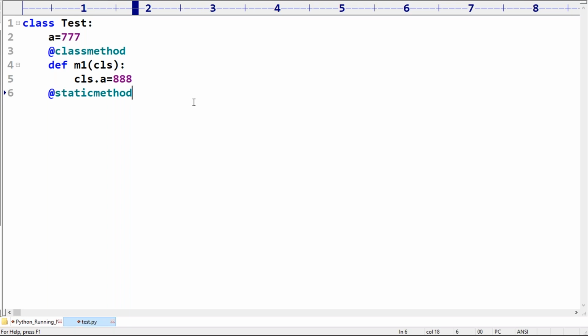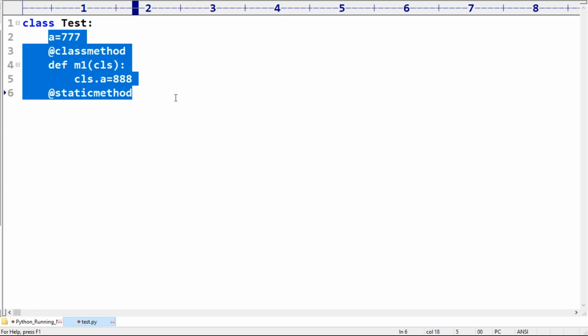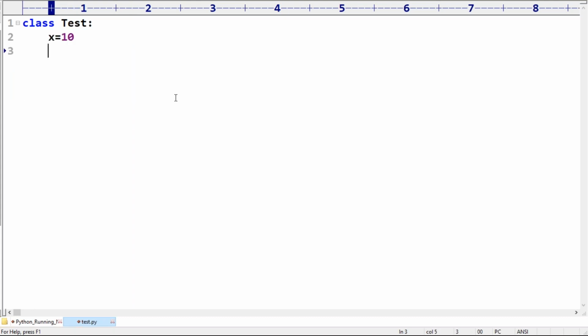Okay, sorry, it is not this example. x is equal to 10. I'm taking the same concept only, don't worry. def __init__(self), self dot y is equal to 20. Sir, can you please tell what is x and what is y? x is a static variable, y is an instance variable.